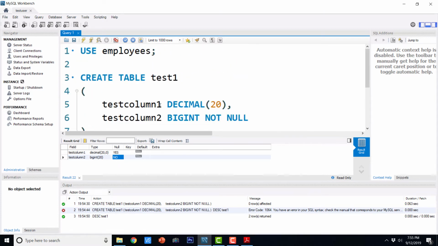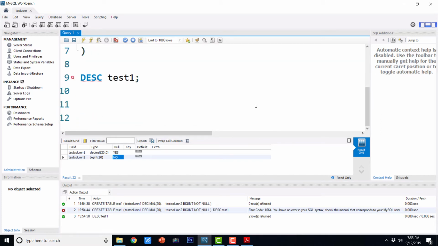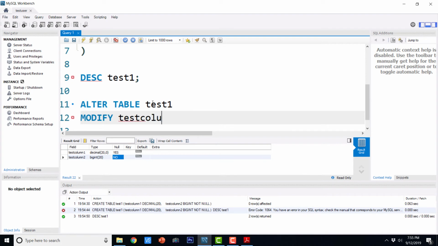You can even make a column not null after you create the table, and the syntax is very easy. If you have already created a table with multiple columns and you want to turn a column into not null, you just say alter table test1 modify test column 1 decimal 20 not null.